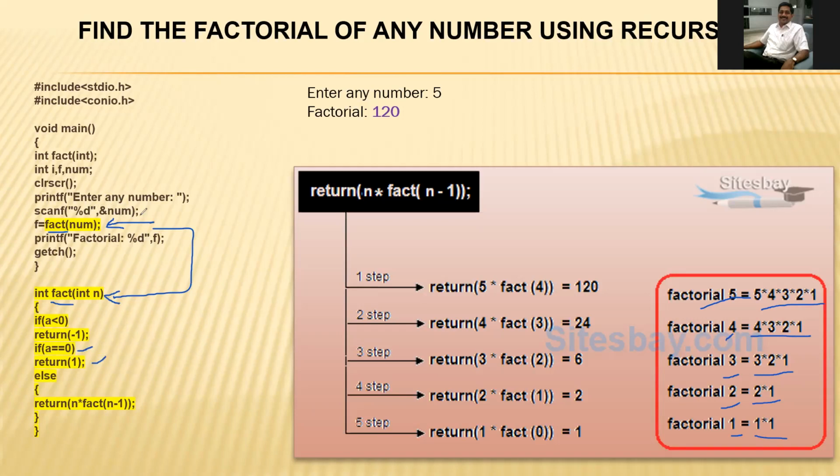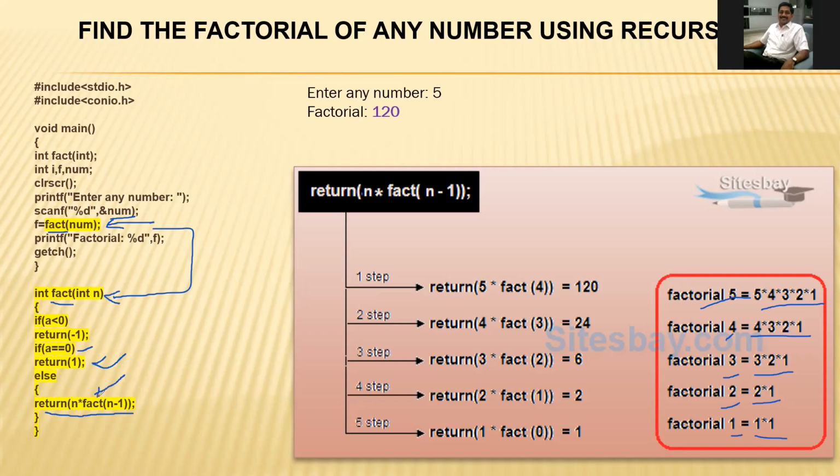The value of a is given from here. If the value of num is 1, the returning value will be 1. If it is 0, the returning value will be 1. What will be else? Else it returns n into factorial of n minus 1.